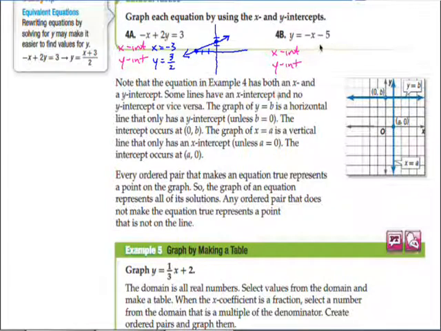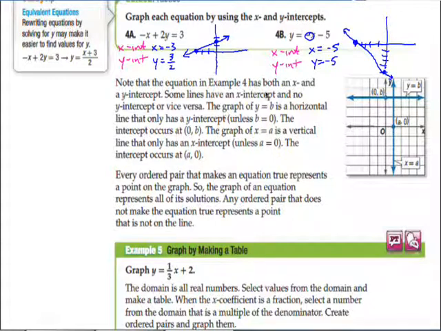And that's my line. Take a look here. To find the x-intercept, I make the y 0. Okay, so x ends up being -5. And then for the y value, I make x 0. And I get y is -5. So then here's my sketch of this one, and I have 1, 2, 3, 4, 5, 1, 2, 3, 4, 5, and here's my line. It's nice and